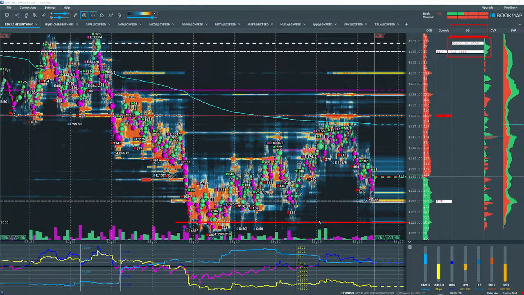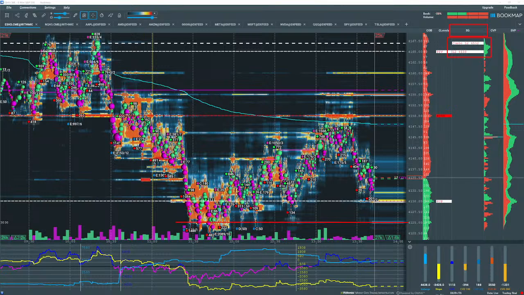Okay, JEC says I got 10.08 for my levels. I assume you're talking about the ES SPX difference. Okay, all right, so I'm pretty close there with 10 points. So just keep that in mind as we look at this chart.